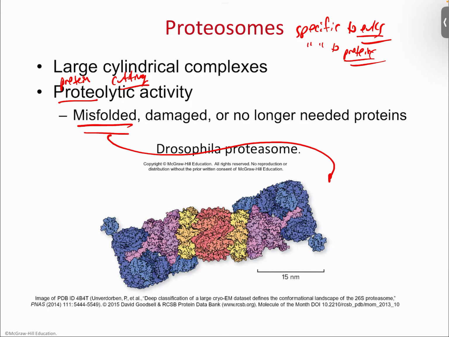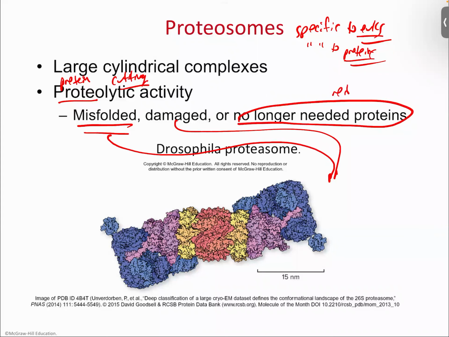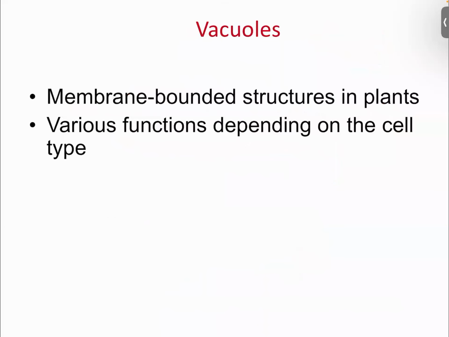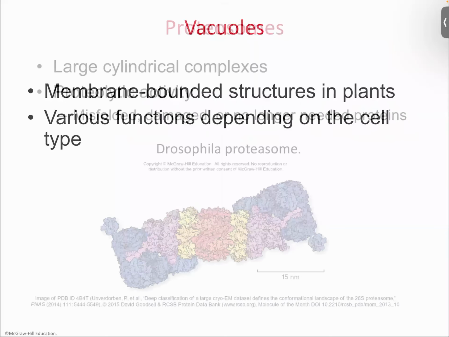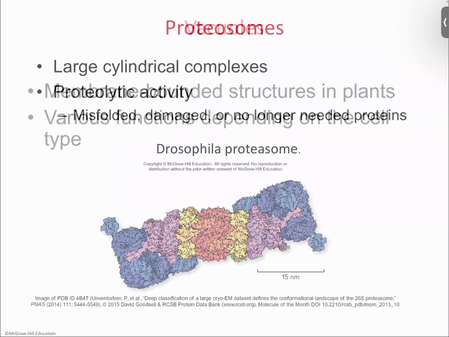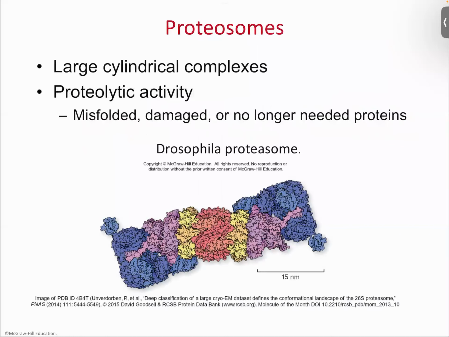If your protein is damaged for some reason, or it's been fractured, right? You send it to the proteasome. Or even if you just don't need it, right? You just basically need to reduce the levels. Send it to the proteasome. And this is an important one, right? Because this one here is suggesting more like a protein regulation